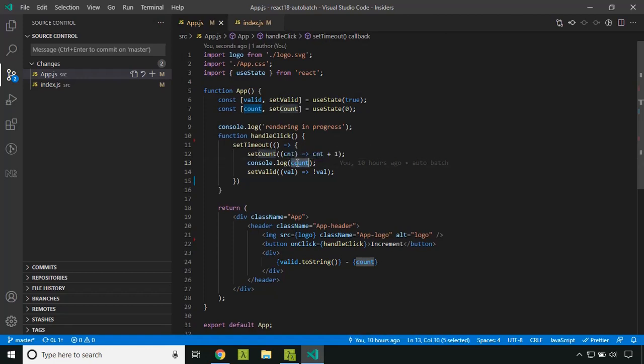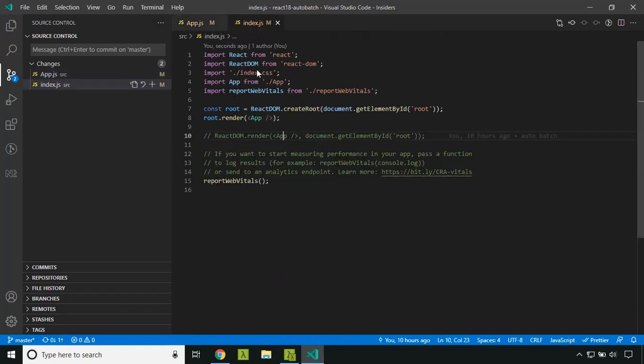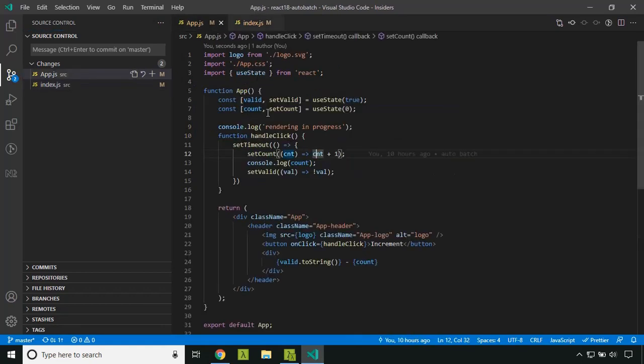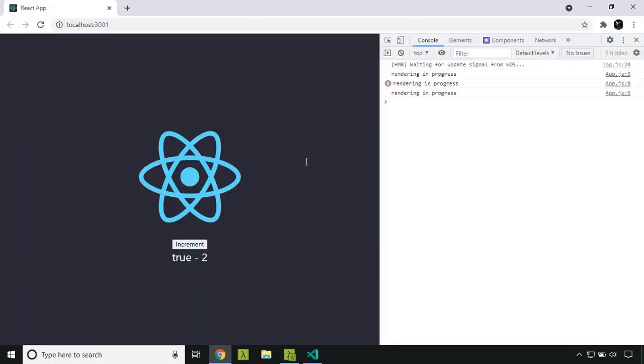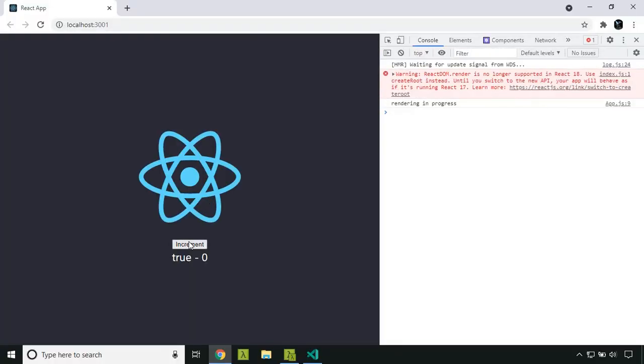When I try to access the value of the count, it will still be 0. Let's try it out. We will enable the legacy mode. Here in the functional component, the counter value is initially 0, I increment it, and then I try to log it. Ideally it should be 0. Here you can see that even though I am incrementing, the console still shows the old value.